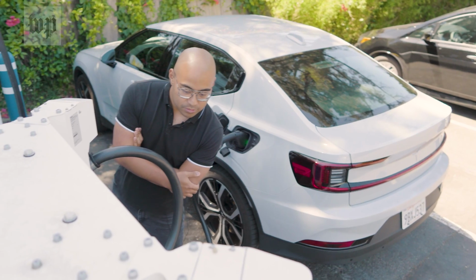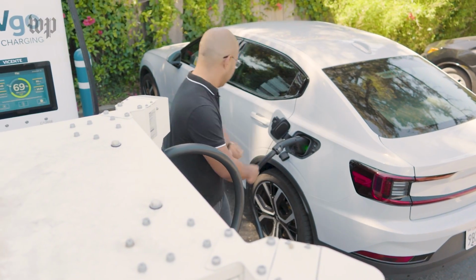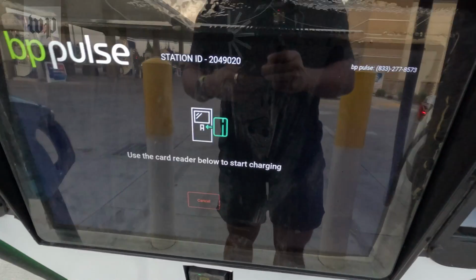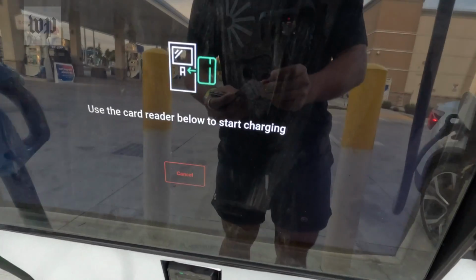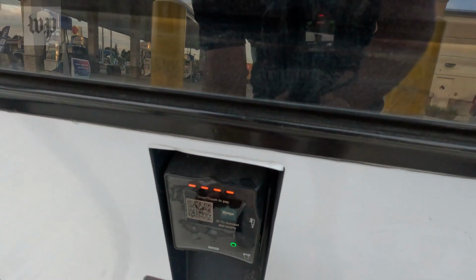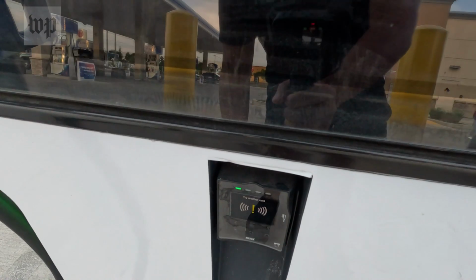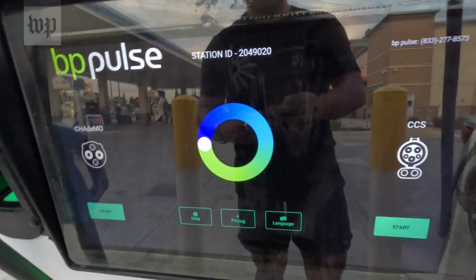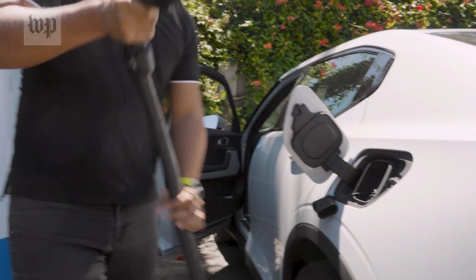I spent truly one night driving from one to two to three charging stations because the chargers seemed to work fine if I had gotten them to work correctly, but the card readers, maybe the most basic part of this entire charging infrastructure, didn't recognize any of my credit cards. And I was eventually able to charge my car successfully, but because of these little factors that you just really can't account for just by looking at charging stations on a map, just be sure to give yourself extra time